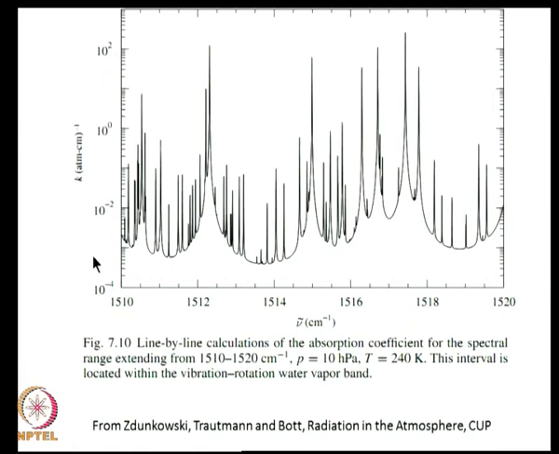So, the absorption coefficient varies anywhere from around 10 to the power of minus 3, 0.001, to 100. So, you have a huge variation, almost 100,000 is the ratio between this point and this point,